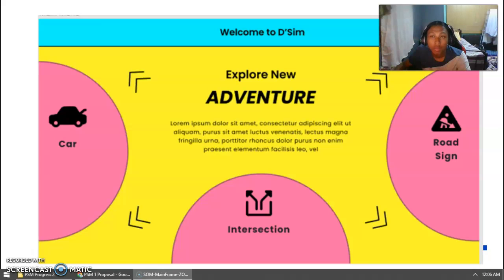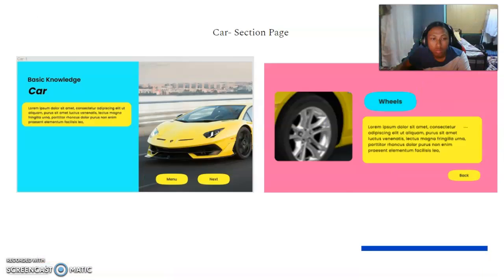So that is the main page of the website. In the website, we will navigate to the three main points of this project, which are car, intersection, and the road sign. When the user clicks the car, it will go to the car section page.